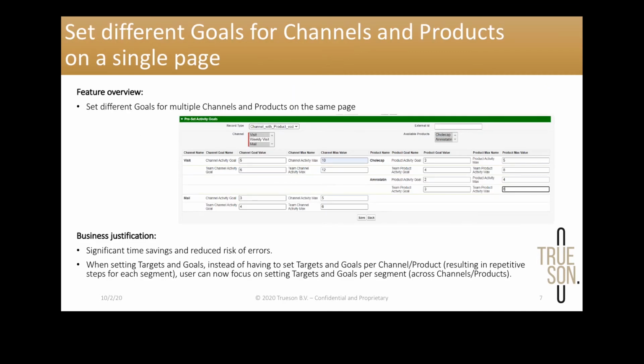Then something that we are quite excited about, on the same page, we can now also set goals for multiple channels and multiple products. We could do that before, but you would set one goal for all the channels, for example. It would be the same, which doesn't make any sense, because you may want to set a goal of 5 for face-to-face or remote meetings, but you may want to set a goal of 8 for approved email. So with the new release, you can do exactly that. You can set different goals across the channels and across the products, all on the same page, which has significant